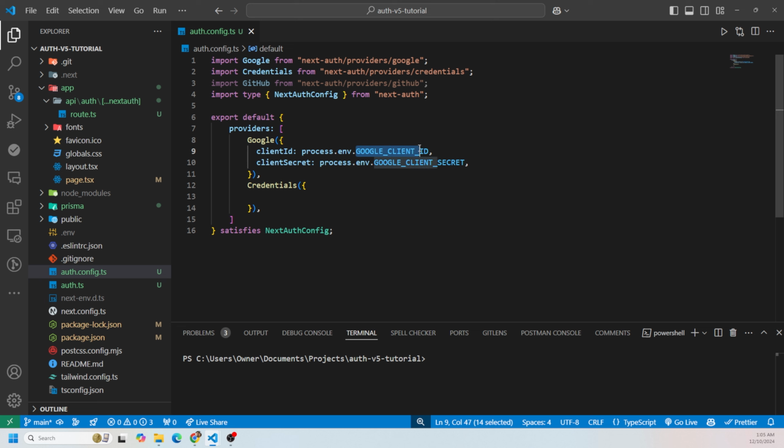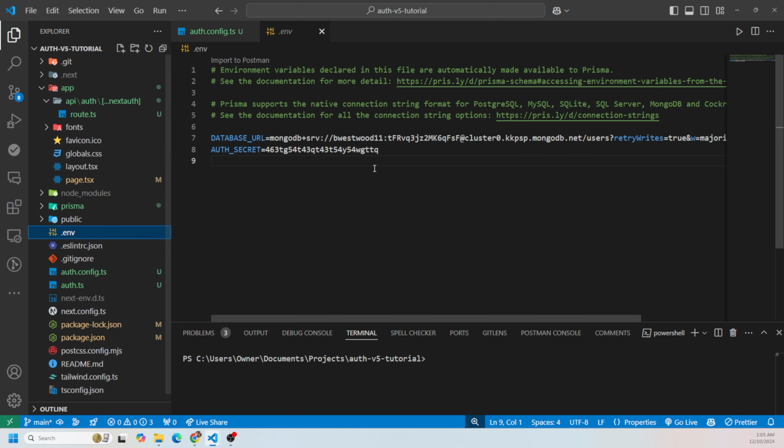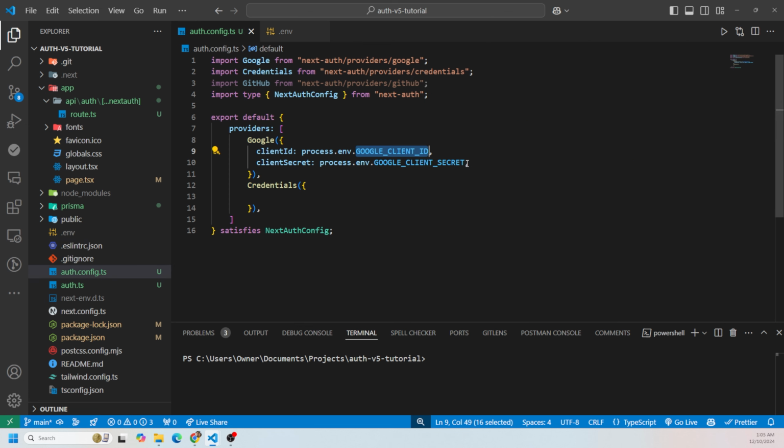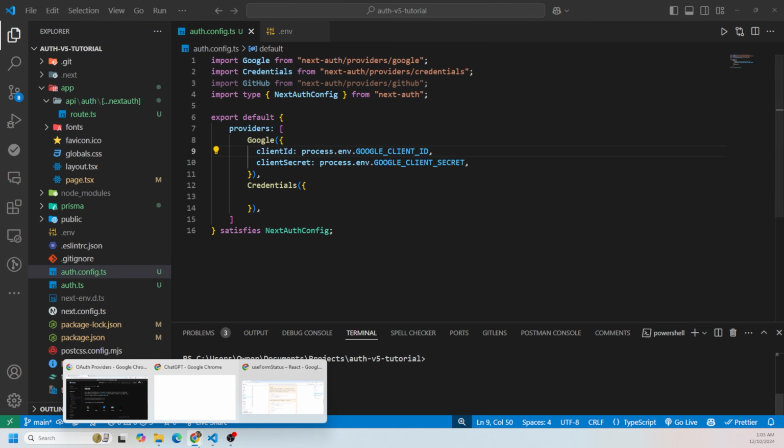Now let's copy both of these and paste them in our .env so we know we're not messing up the spelling. That's correct. So we have the Google ones, and they're both in here. Next, we have to get these 2 values, and to get these we have to do that inside of the Google Cloud Console. So let's go over to Google,